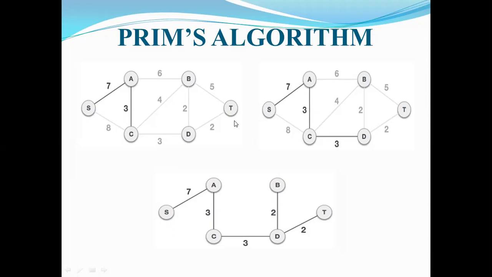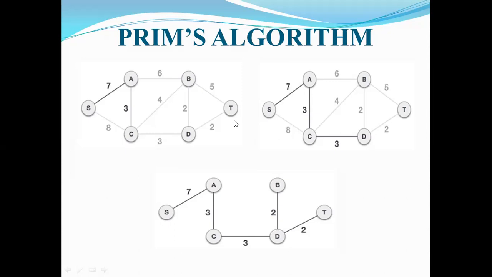We must select an edge in such a way that the edge must contain one vertex belonging to the already included vertices set, and the other vertex must not belong to the already included vertices set. By using this particular criteria, we can select all the edges. So S and C are already included. We cannot take the S and C edge. Then consider A to B, C to B, C to D, because B and D are not yet included into the spanning tree. A and C are included.